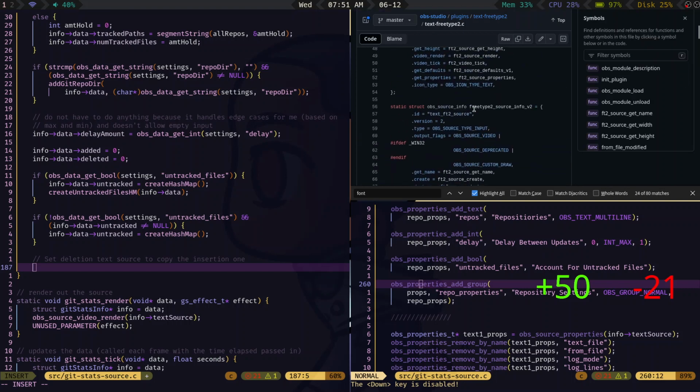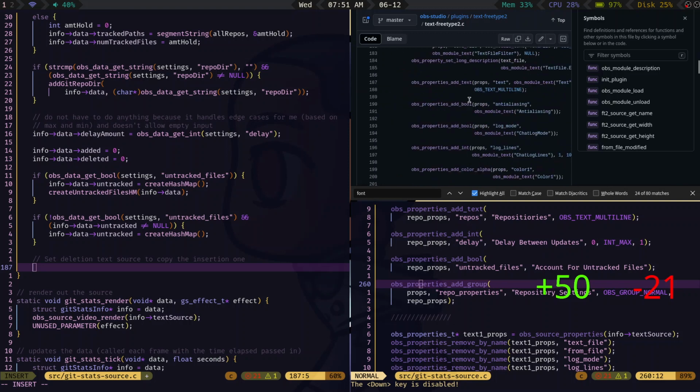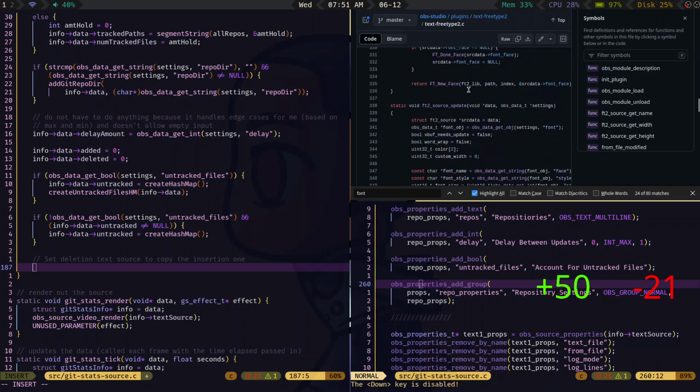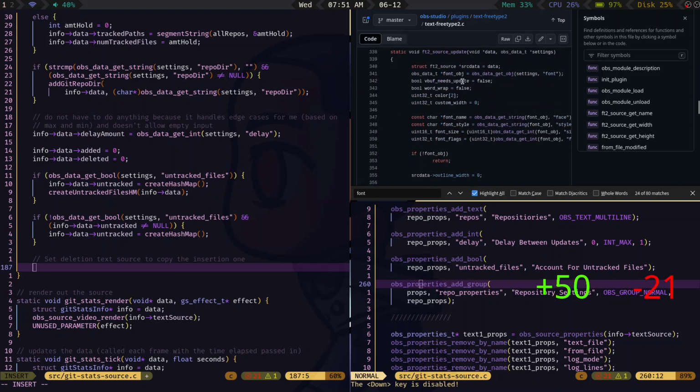So in updates, when we update the font, what are we doing? Font object equals, we say that get object. Okay, so we get an object and we set that in